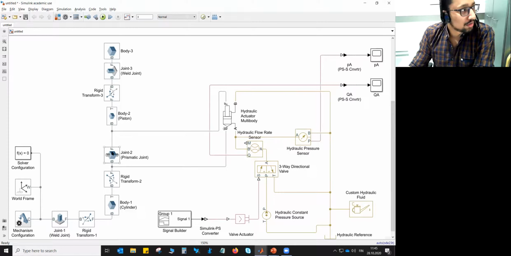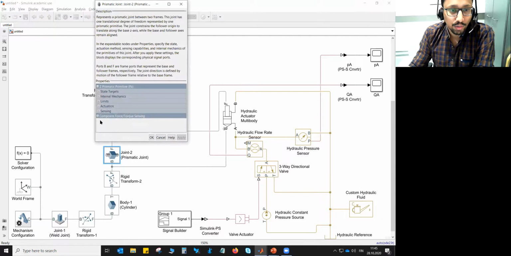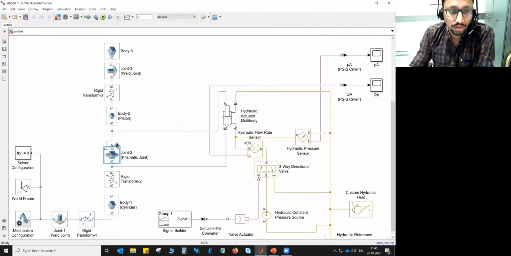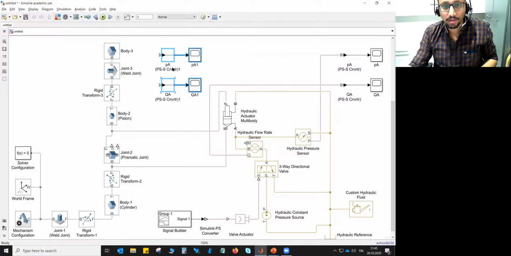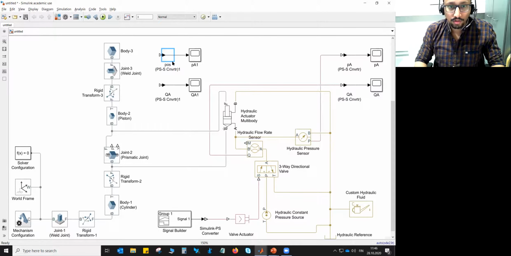Similarly, we want to sense the position and the velocity of this joint as well. If we double click this joint too, we want to sense the position and the velocity, and press OK. It will open this position and velocity port. We can use the same converter, copy paste it here, and rename it: this is for position and this is for velocity.